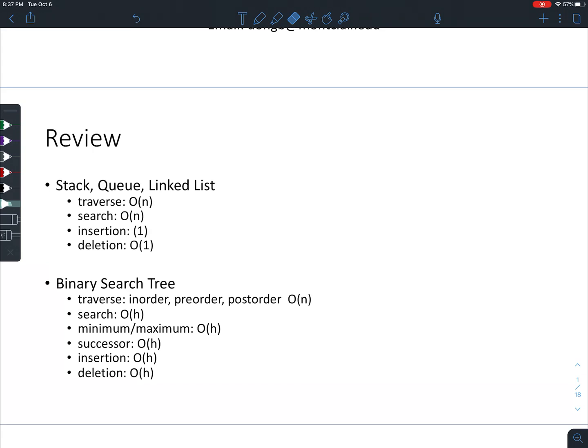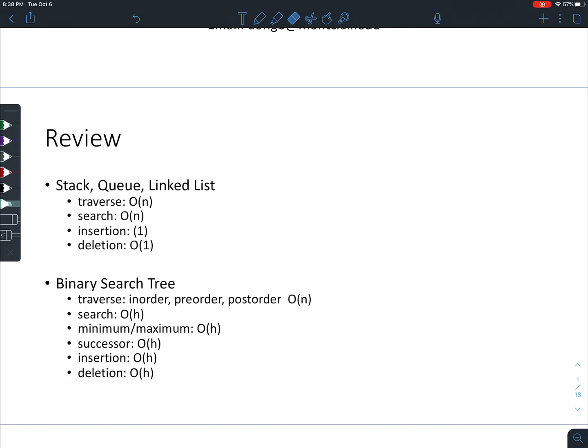Stack, queue, and linked list are very efficient at insertion and deletion. The insertion and deletion complexity is O(1), no matter how many elements there are in the data structure. If you just want to insert a single element, it takes constant time. And then for binary search tree, if you remember, the main purpose for people to